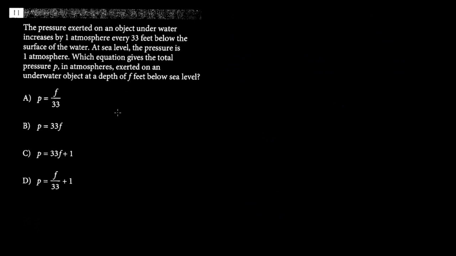Okay, question 11 reads: the pressure exerted on an object underwater increases by 1 atmosphere every 33 feet below the surface of the water. At sea level, the pressure is 1 atmosphere. Which equation gives the total pressure P in atmospheres exerted on an underwater object at a depth of F feet below sea level? What we need to understand is that this question is a linear